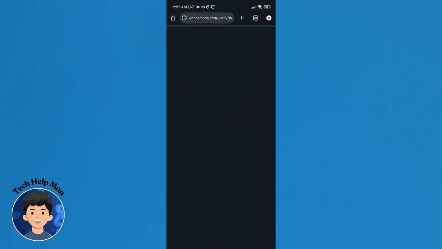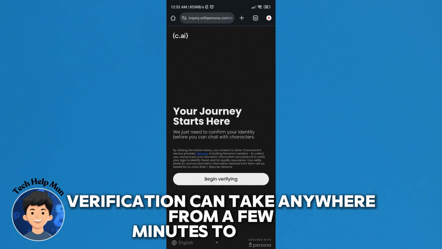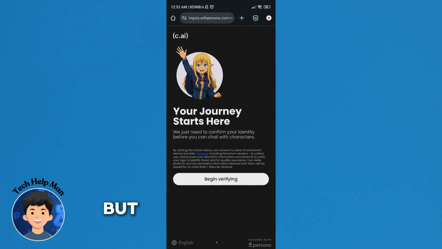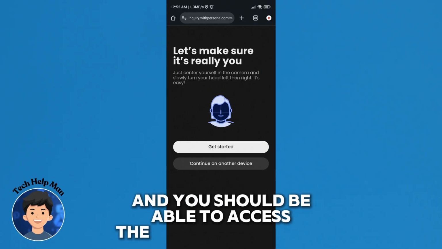I definitely recommend using a device with decent lighting and camera quality because blurry photos tend to slow the progress down fast. After submitting everything, verification can take anywhere from a few minutes to longer depending on the review system. But once approved, your age status updates automatically and you should be able to access the account features tied